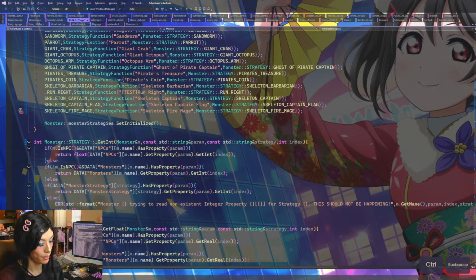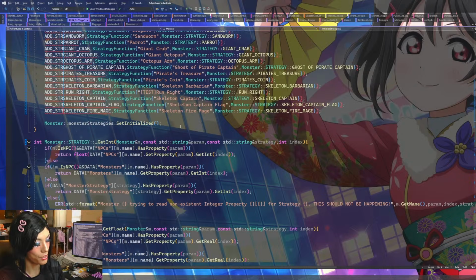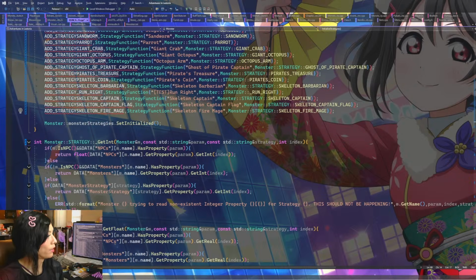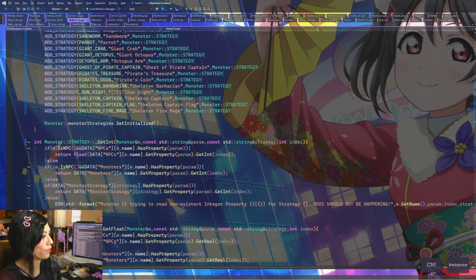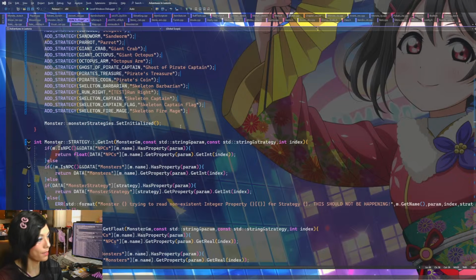And that seems to be okay, so we'll do that for all of these. So this is gonna be add underscore strategy. Provide those, and then the string. And that's pretty much that.